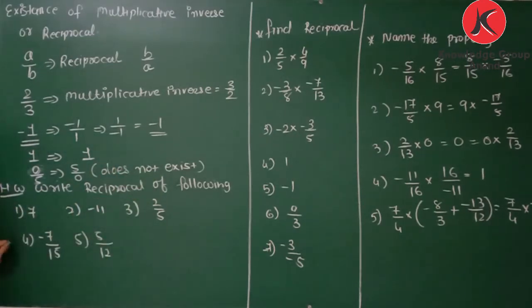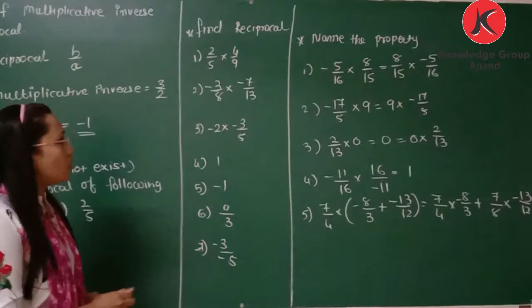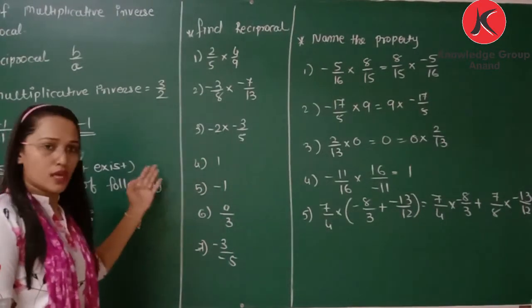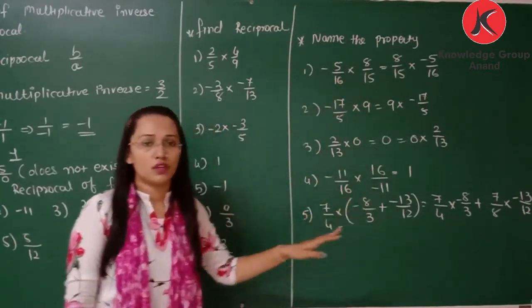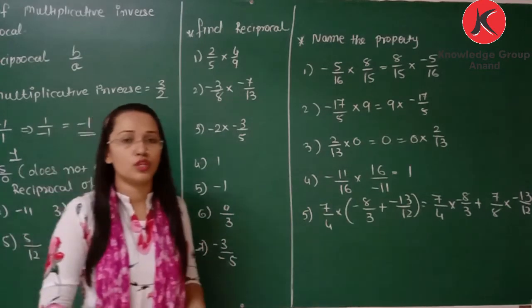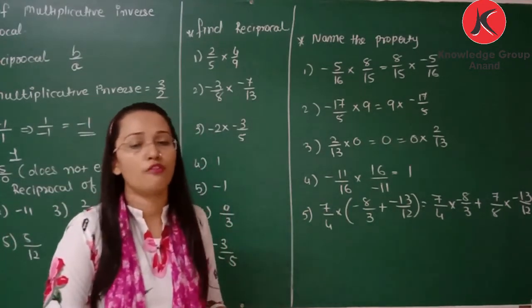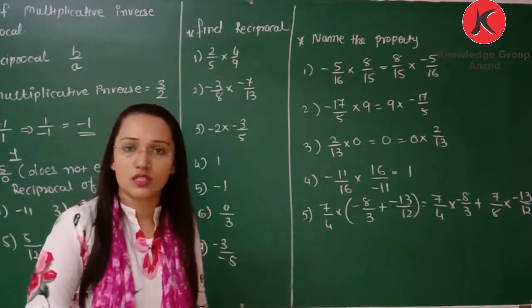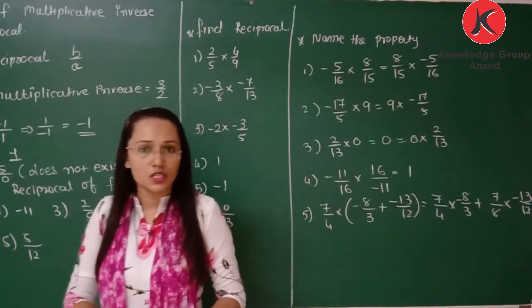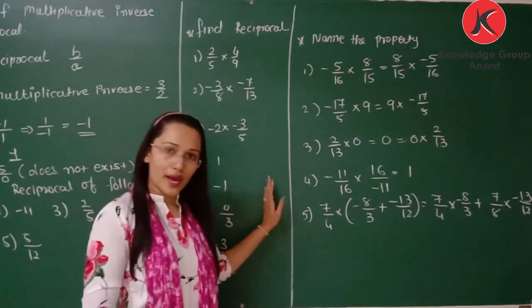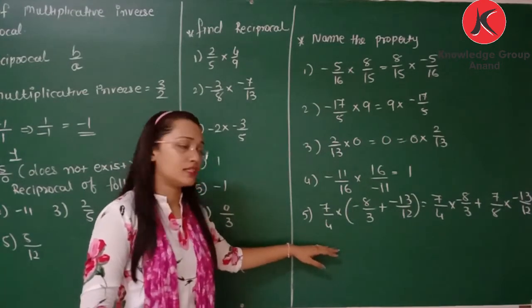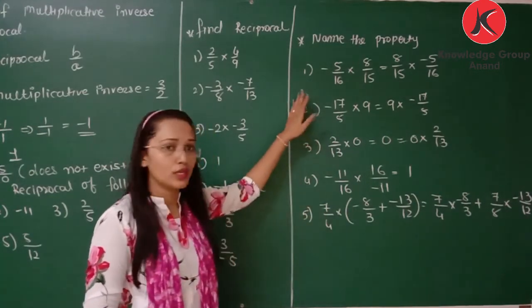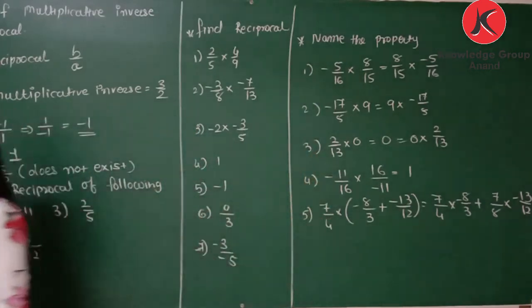Okay, here some examples are given. You need to find the reciprocal. It is the same as the multiplicative inverse. Also question number 2, find the reciprocal. It is the same as the multiplicative inverse. And in question number 3, name the property. Here in this video we learned about the different properties, that is commutative, closure, associative, distributivity of multiplication over addition, existence of 0, multiplicative inverse, reciprocal and multiplicative identity. Okay, so you need to write which property is applied in this example, so that you need to write only the name of the property.